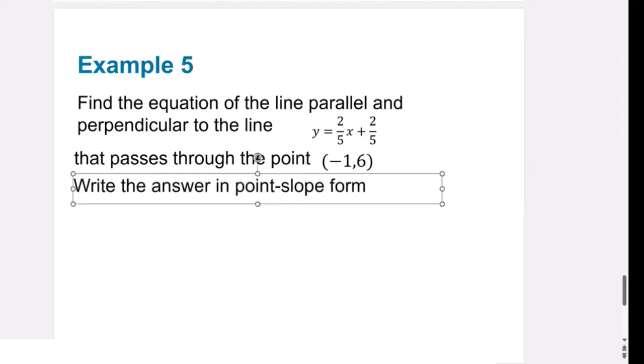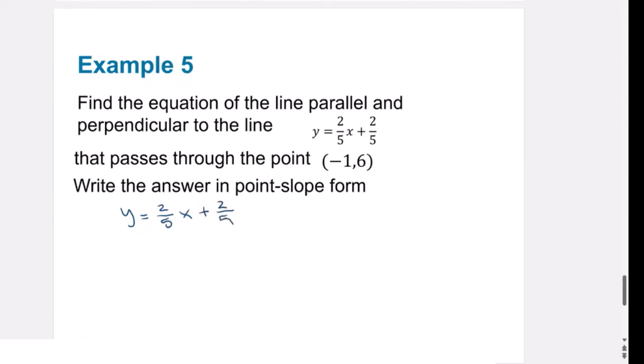So let's do this. Let's start off with y equals 2/5 x plus 2/5. So my slope here is 2/5. And it's coming from here, not from the other place. That's my y-intercept, right? And I know it's passing through that point. So I have the slope and I have the point. Again, the easiest thing to do is put it into point slope form. So the parallel line